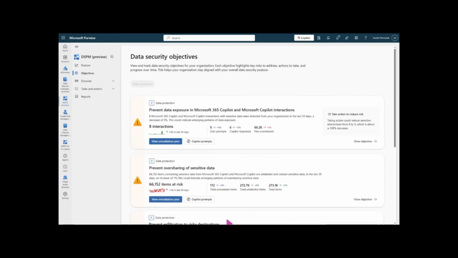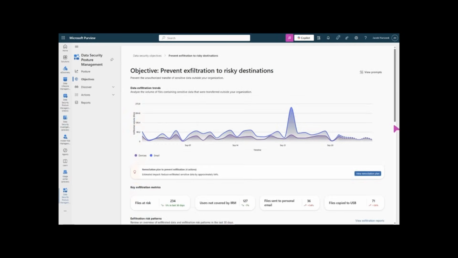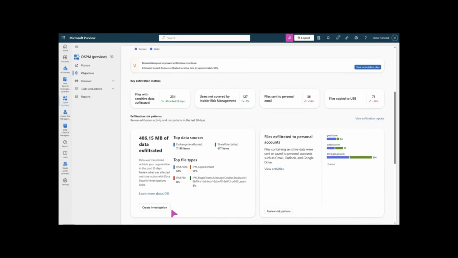DSI's integration is specifically with the exfiltration objective. You can scroll down. Like I say, data security posture management is meant to give you your all-up posture, regardless of the data source, whether it's generative AI or collaborative tools. And here we're going to specifically look at the exfiltration objective. And I'm sure it's a problem that none of you have today. We show you graphs on how you're doing with times and your scores, and if you scroll down, you get this card that says exfiltration risk patterns.